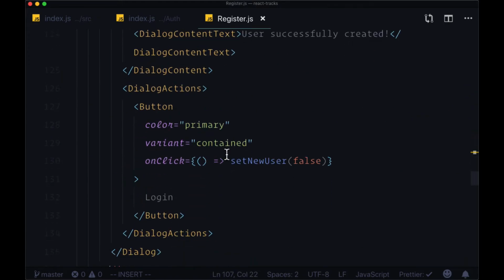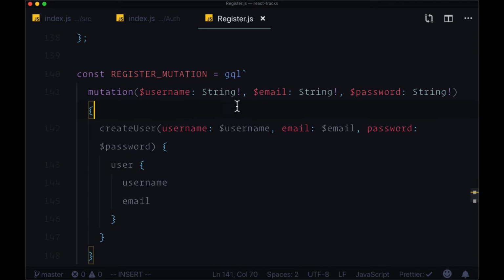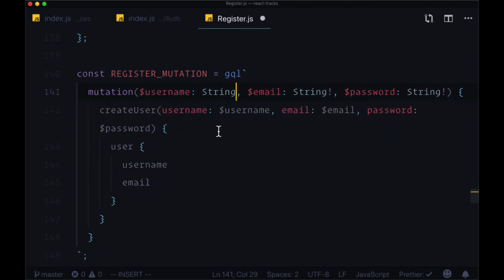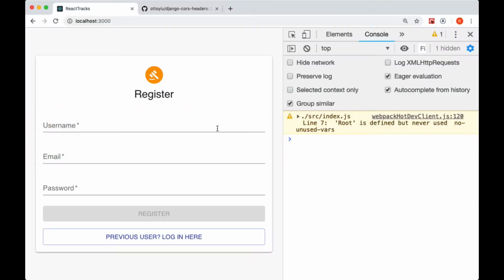At the moment, within the form, if we have an error, we're displaying just a simple error div. So I'm going to manually cause an error by changing our register mutation to have an invalid data type to indicate that the username string is not required. So when that happens, when we try registering a new user, we're going to get returned to us